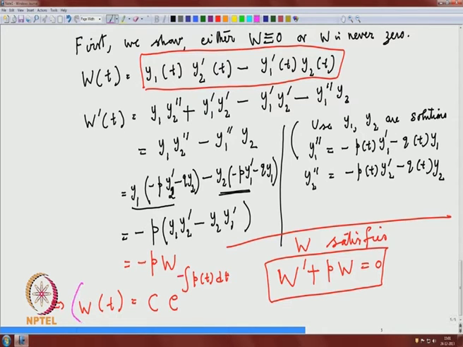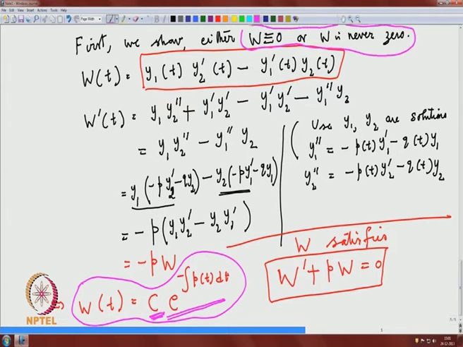So, you see W satisfies this equation, and in this case the exponential part can never be 0. So, the W can be 0 only when your constant is 0. When the constant is 0, W(t) will be identically 0. When the constant is non-zero, then W(t) can never be 0. So, the first part we have shown is that W is identically 0 or W is never 0. So, to prove the proposition,